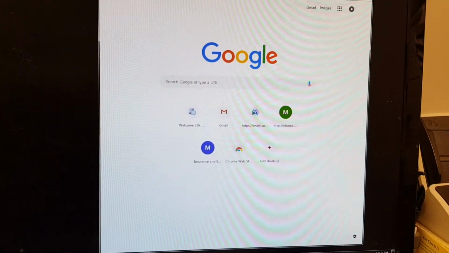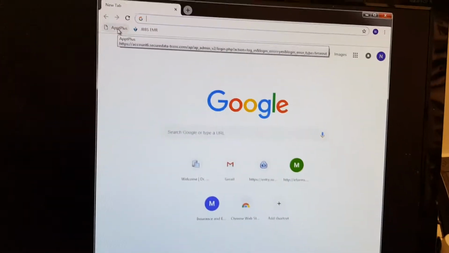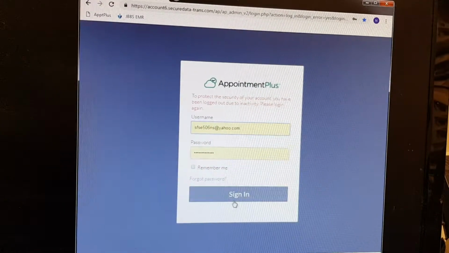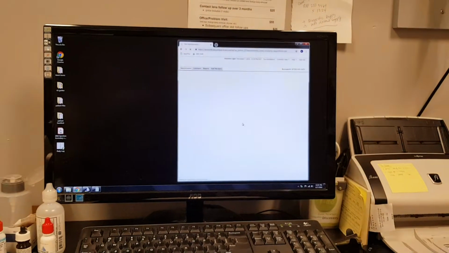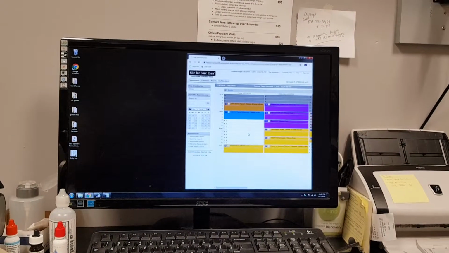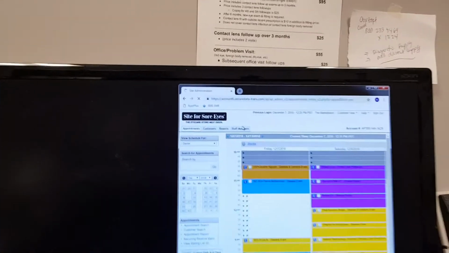and the Appointment Plus is for the appointment book. The password is already saved. All you need to do is click sign in, and then the appointments will show up. And the other one is